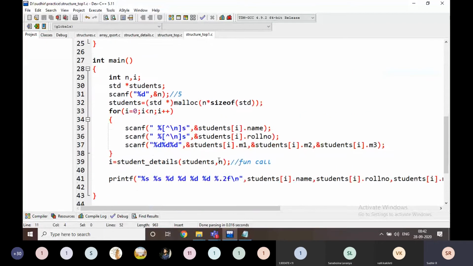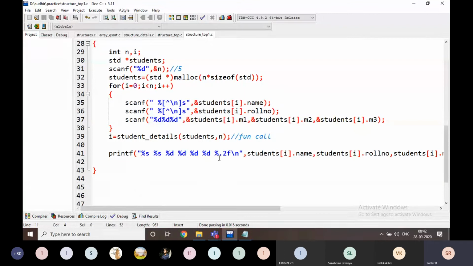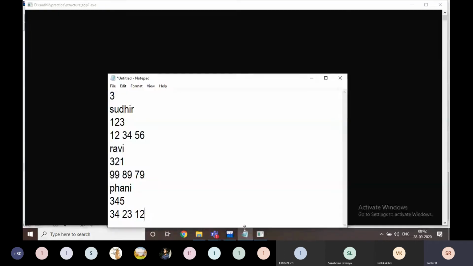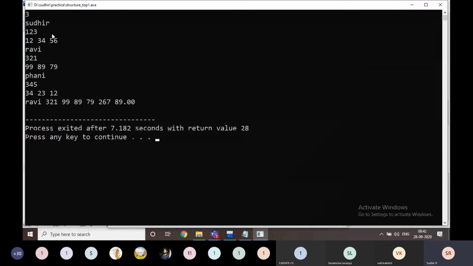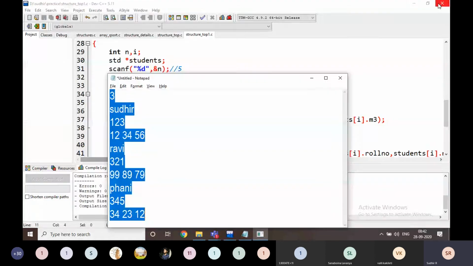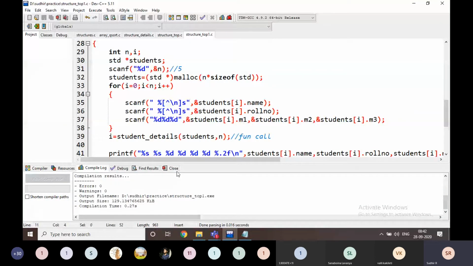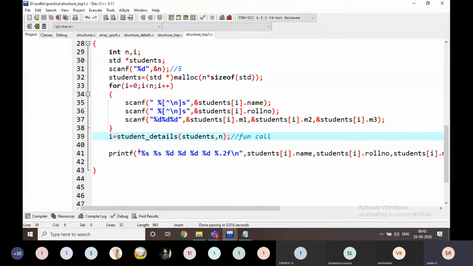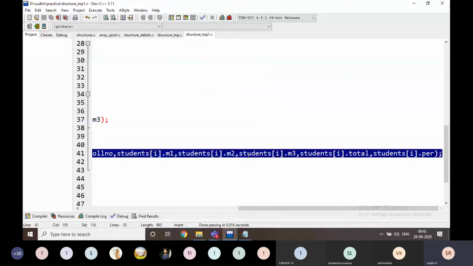Then I am going to manipulate this using the logic here. For example, if I execute it, yes, this is the input. I give this one, and it prints Ravi's data. Why is it printing Ravi's data? It is returning the index. Where is the top student? What is the index of the top student? The top student is at index 2. I am returning that 2 here, and I am printing that student's result here. That's it. This is another way of returning.